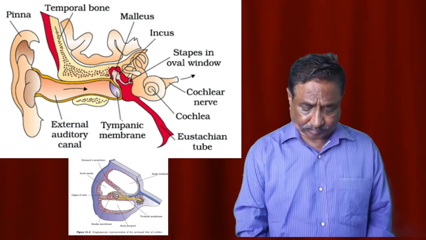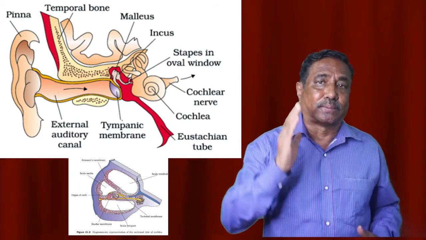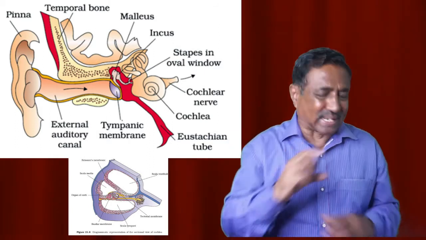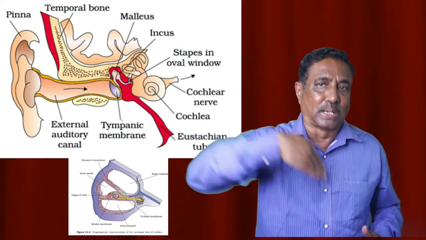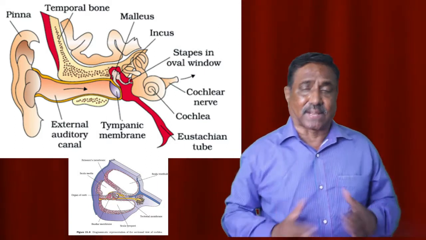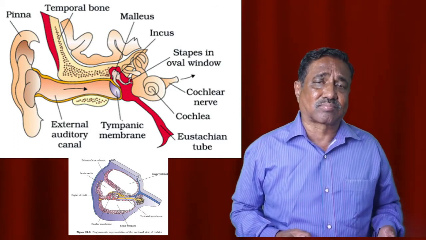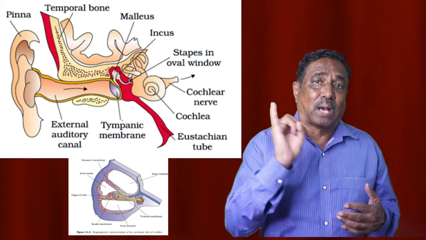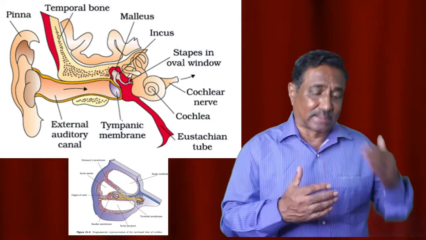Next to this, the ear. Ear is the sense organ which receives the stimulus sound. Ear can be divided into external ear, middle ear and internal ear. External ear consists of the external pinna, auditory canal and tympanum, an obliquely placed structure, and the middle ear consists of malleus, incus, stapes. And the inner ear consists of different parts like the sacculus, semicircular canals, otolith membrane, oval window, organ of Corti, and then perilymph, endolymph, labyrinth, cochlea,